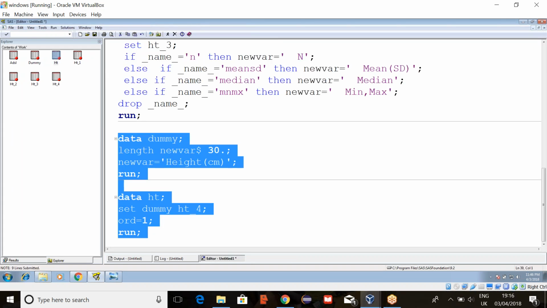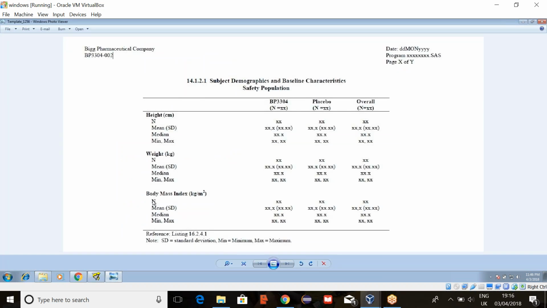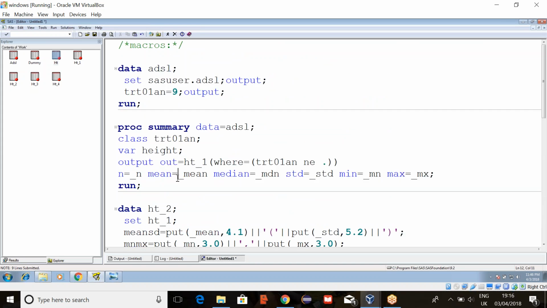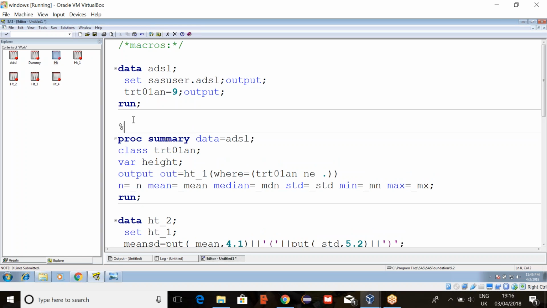So the same thing we have to repeat for weight and then body mass index, right? So now instead of writing it one more time, I'll just change this into a macro. How to change this into a macro? Start with %macro. Why didn't I start with %macro?